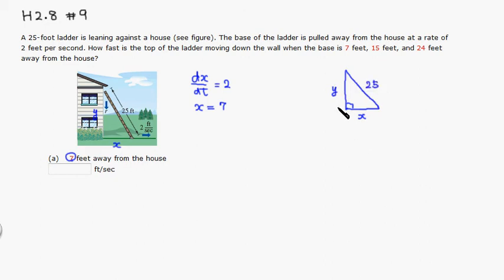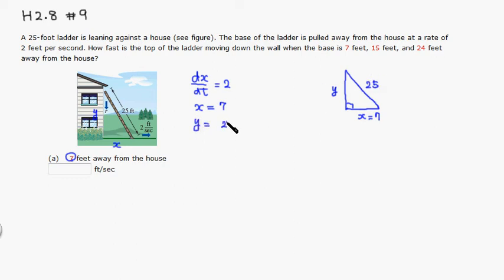In this case x is 7. To find y, we use the Pythagorean theorem: x squared plus y squared is 25 squared. So y is going to be equal to